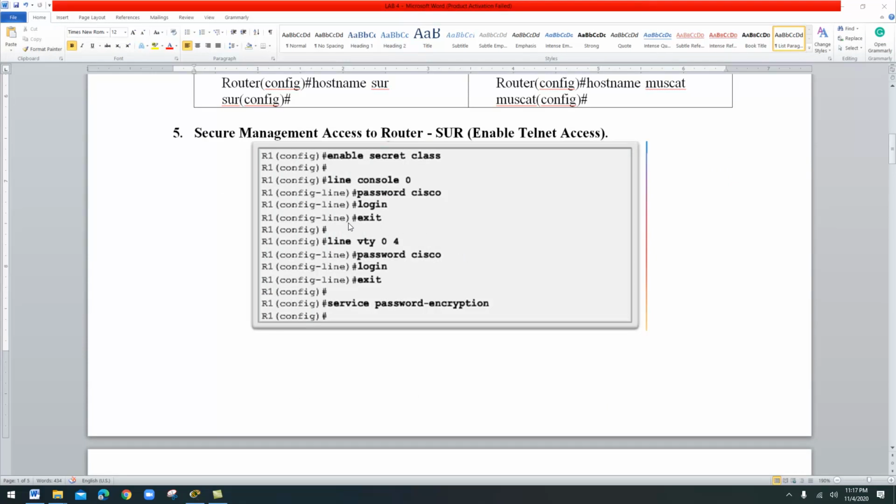So we completed this particular part, that means enable telnet access. Now I am going for this one. What does this one mean? You can see console is there. So what does this mean? We are going to fix a password for the console access. For the console access I want to fix the password. So how to do it? We can see it now.